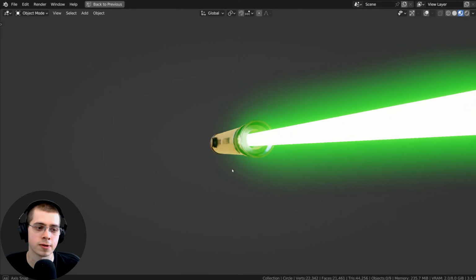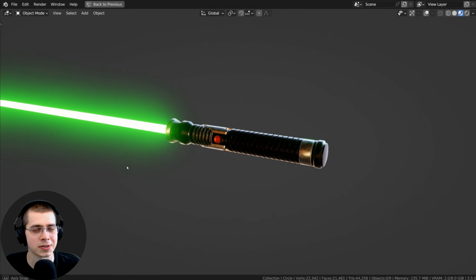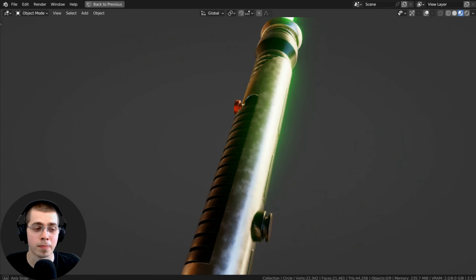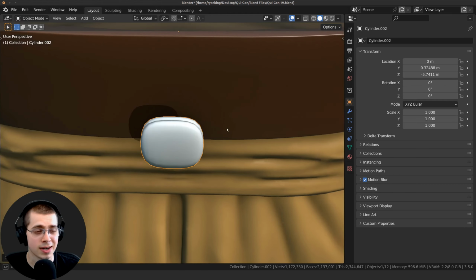So there is Qui-Gon's finished lightsaber, and you can also see there's a little bit of variation in the roughness of some of that lighter metal, and that was just a noise texture which was going into the roughness. So now I went back to the other blend file and I decided to add some more